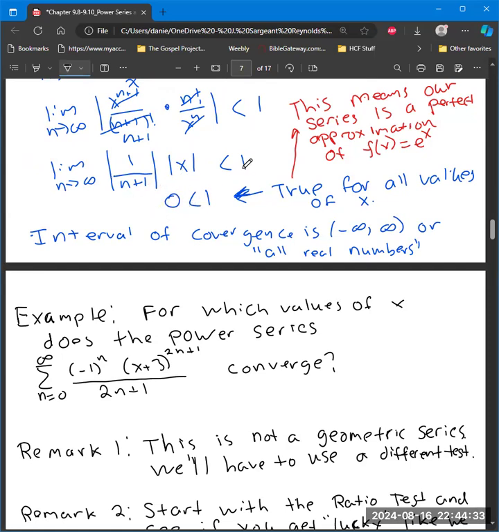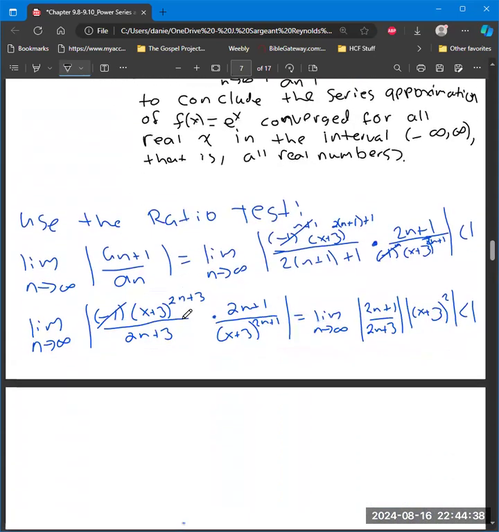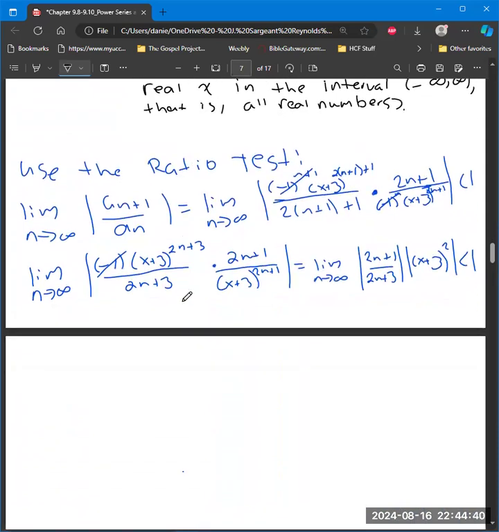You're taking the limit, and if I'm dividing 1 by infinity, I get 0. The only way the absolute value is 0 is if it's 0. So